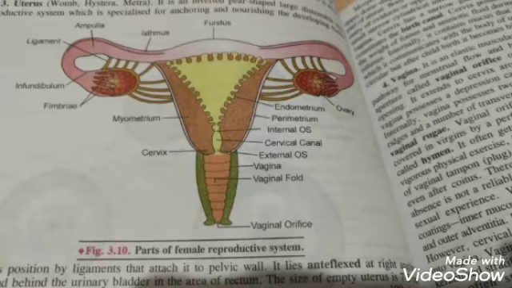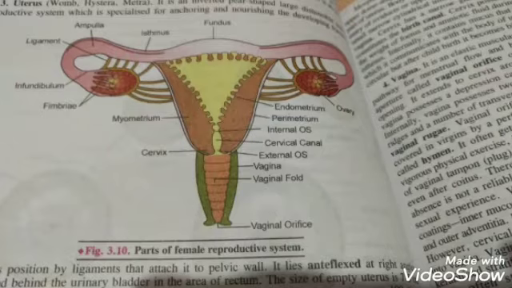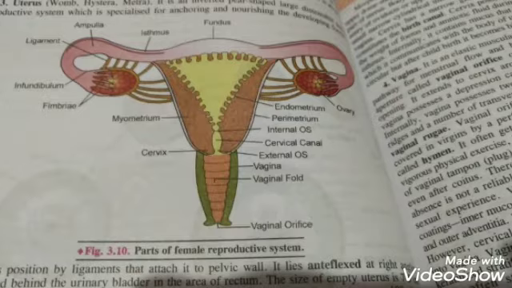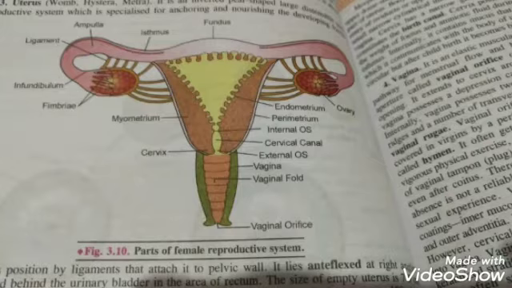Ovaries are present in the pelvic region of the female. They lie inside the abdominal cavity and they are almond in shape. The length of an ovary is 8 centimeter, whereas it is 5 centimeter wide. From the ovary only, the female gamete is released, which is also called secondary oocyte.